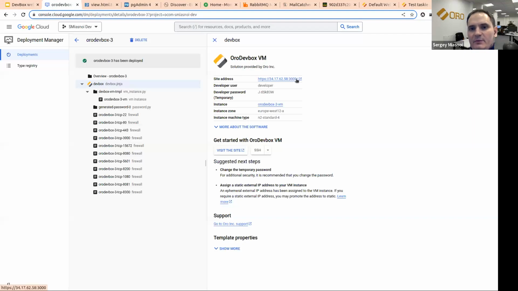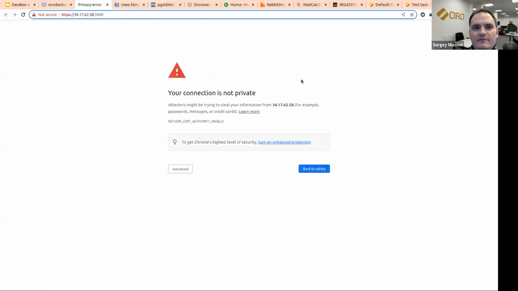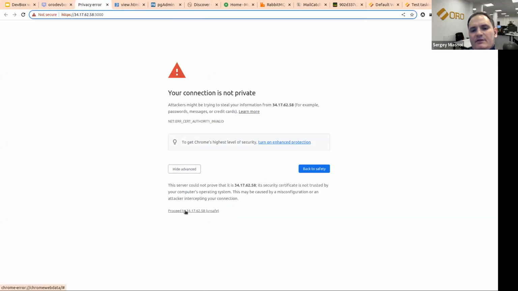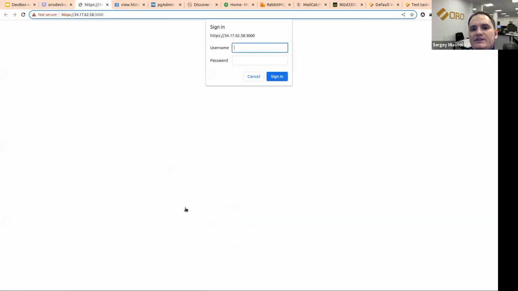As we see, the deployment has already performed. We can get to the page itself. Since it utilizes a secure connection and has no SSL certificate attached, we can just take a risk and proceed. Additionally, we protect it with basic authorization, so no one can